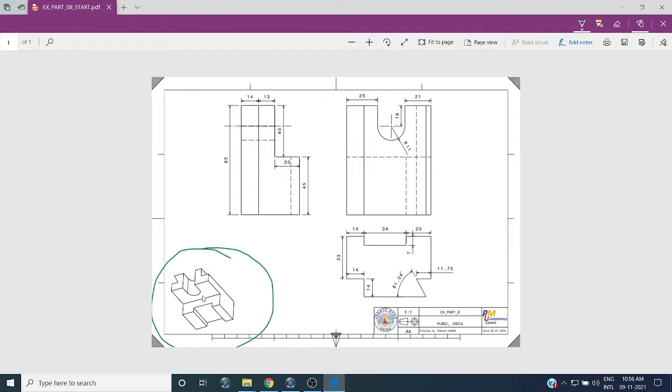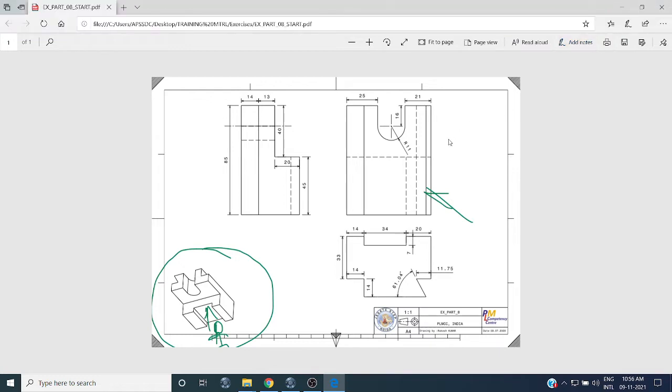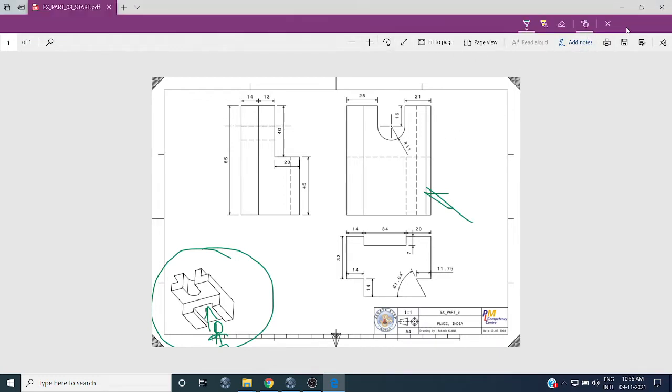If I stand here and see, this is my front view. So it looks like this.